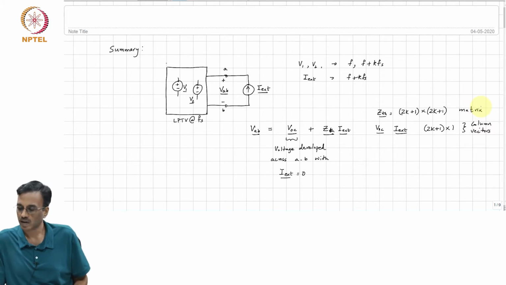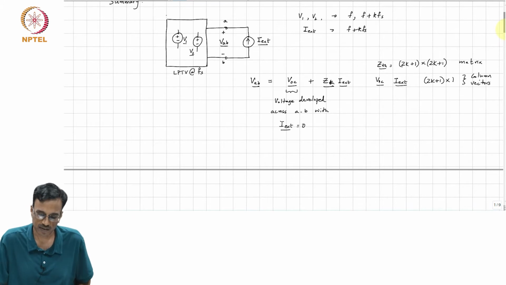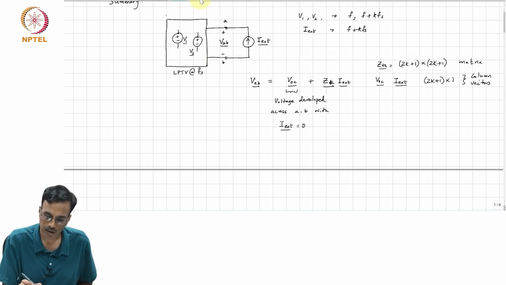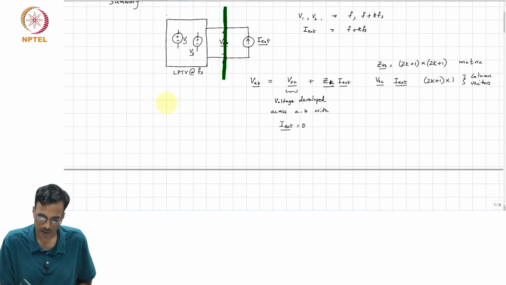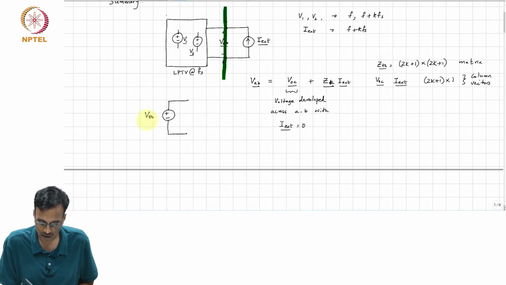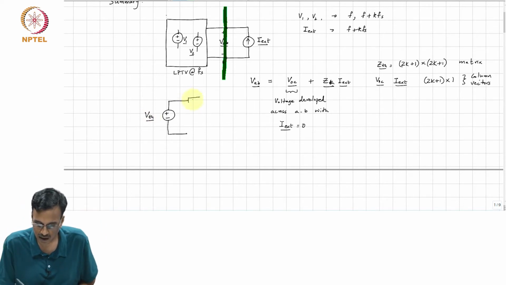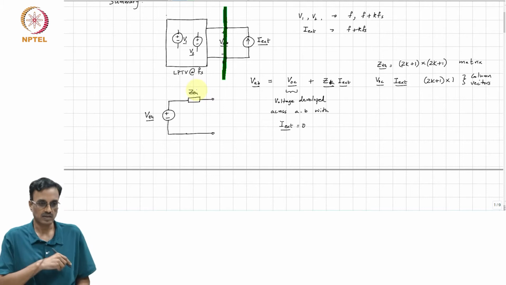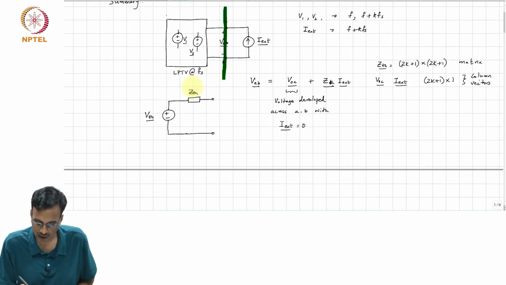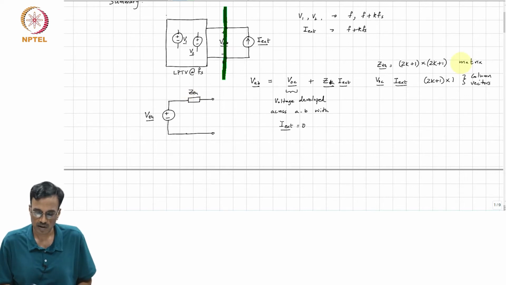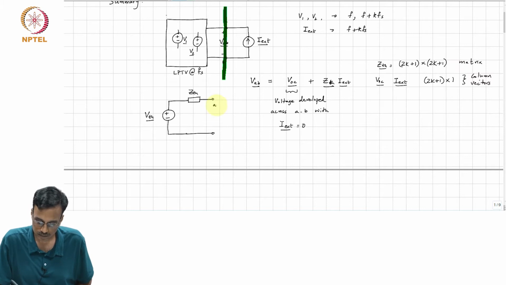All right. Likewise, the Norton equivalent. So, as far as this network here is concerned, to the left of this green line, you can replace the network by the Thevenin phasor, which basically now consists of 2k plus 1 components, and has a Thevenin impedance in series, and this is ZTH, right, where this is simply a matrix which is 2k plus 1 cross 2k plus 1. So, this is the Thevenin equivalent.